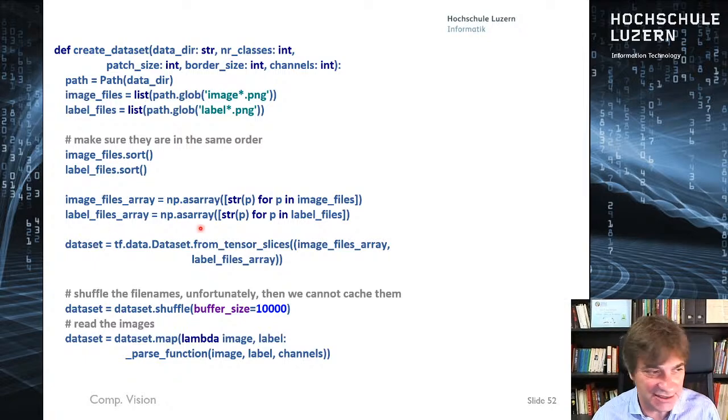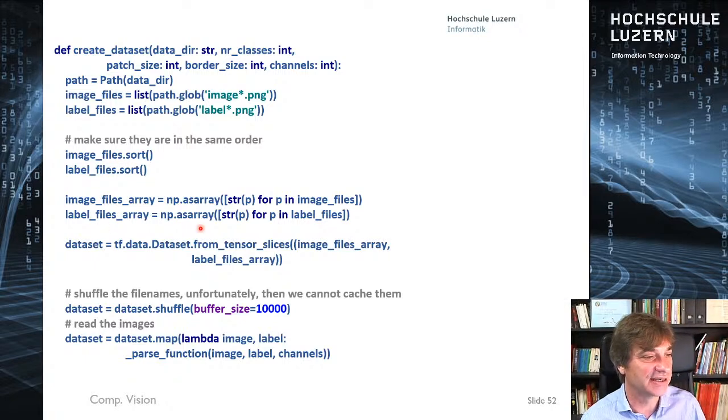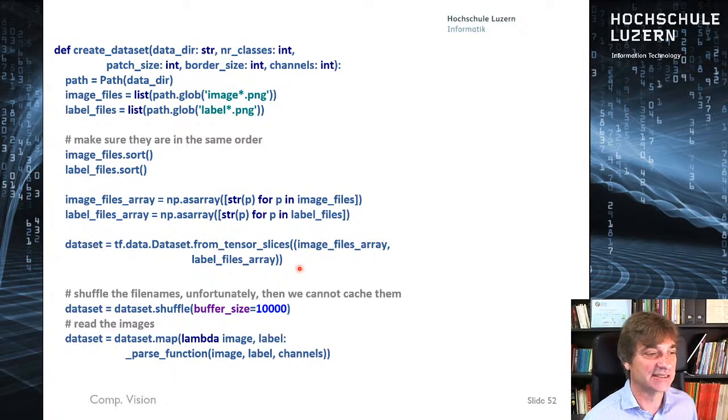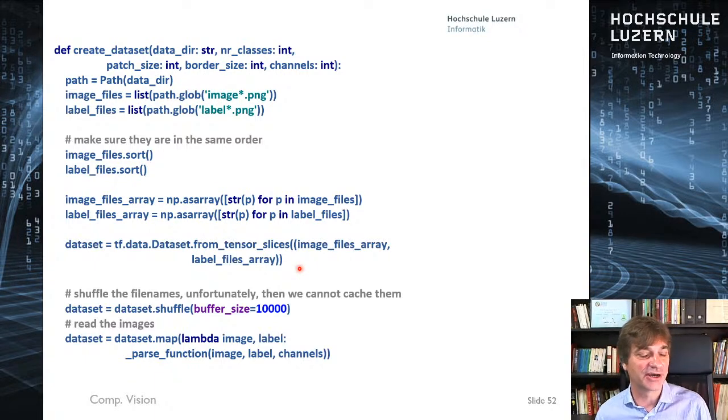This is still only the list of image names as an array. Now I generate a data set that first has those image names in it, and all other operations will be on the image files. I will shuffle them so I don't have the images always in the same order,